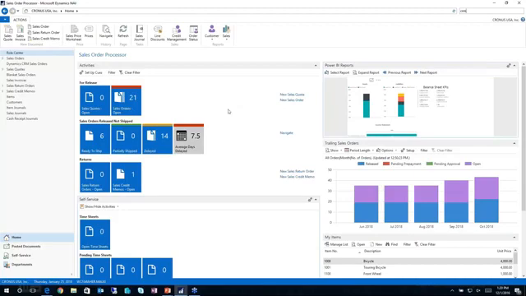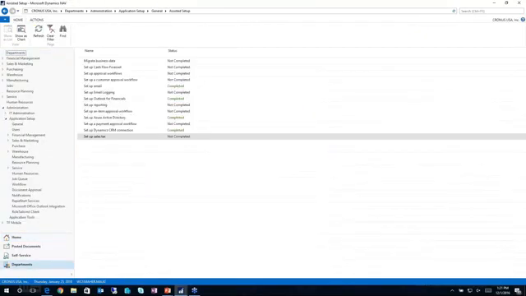Great. And what I'd like to do here is take us back into NAV and take you straight to the assisted setup. Okay, so this is a new page added with lots of great features here. This is a great place to start when setting up a new company. You would come here and you would see all of the different areas that need to be set up and